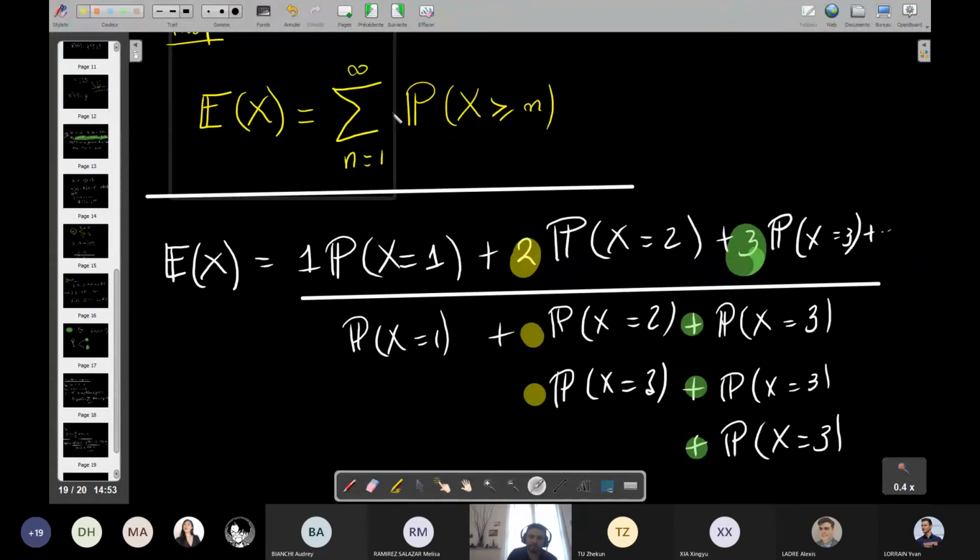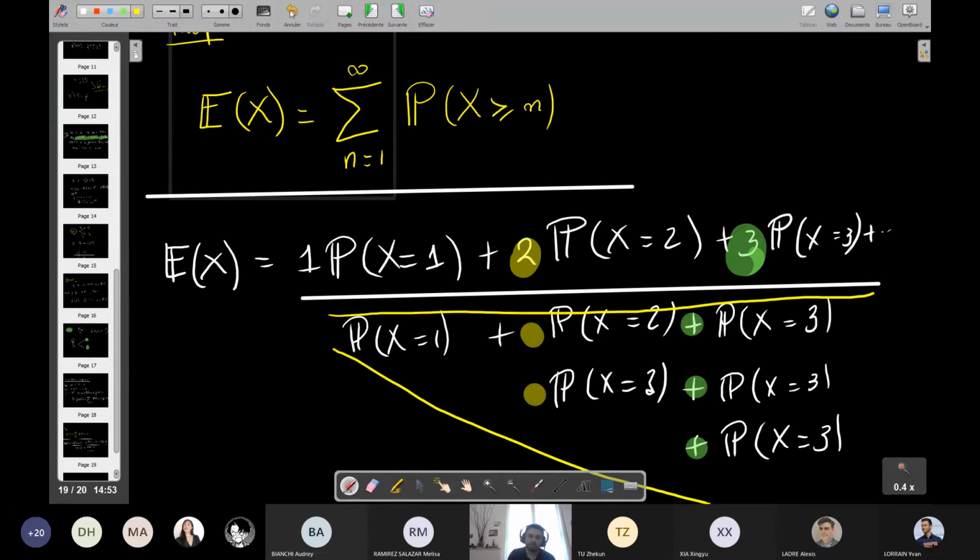I'm asking what's the probability that X is bigger than n, and I'm moving the value of n. So the probability that X is bigger than 1 is this line. The probability that X is bigger than 2 is this infinite semi-line, and this third one is the probability that it's bigger than 3. And you continue increasing the triangle. Here you have a triangle,